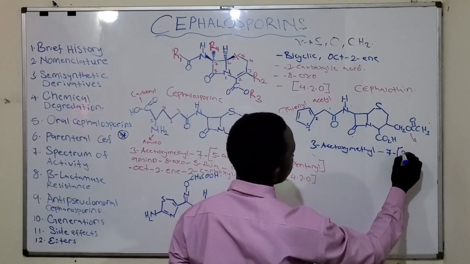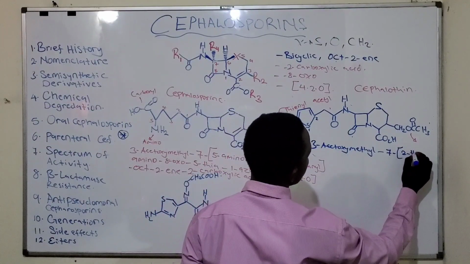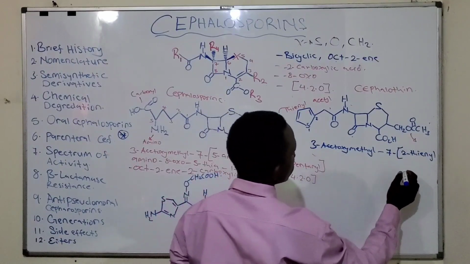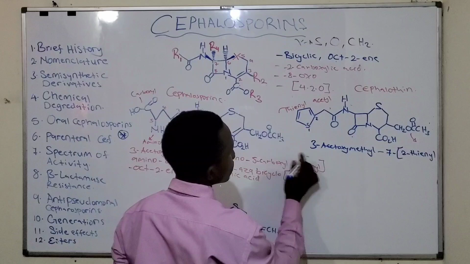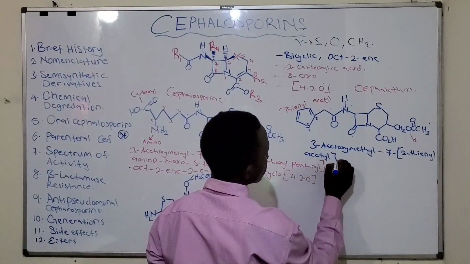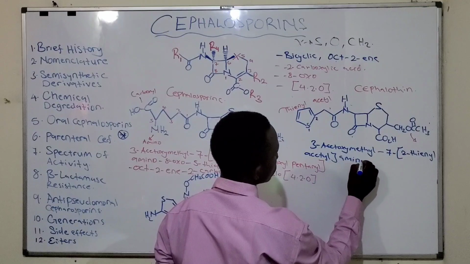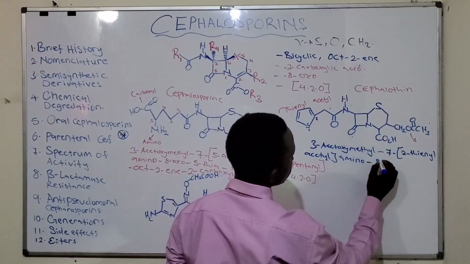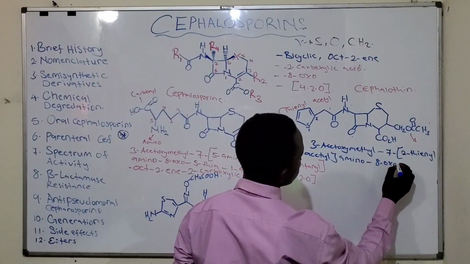So it will be 2 thienyl acetyl amino. We have 8 oxo,